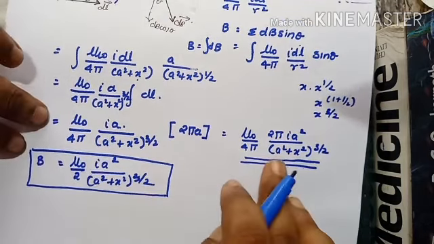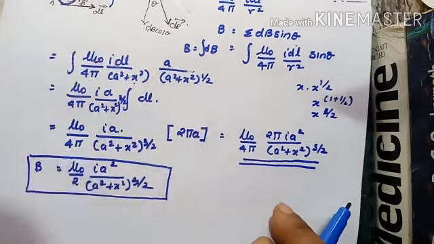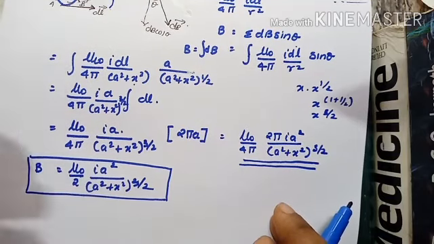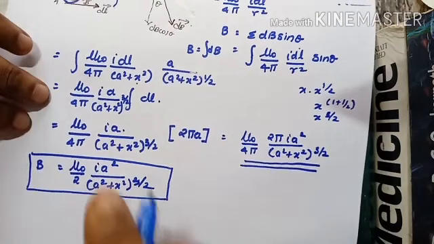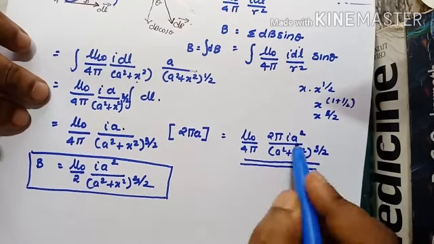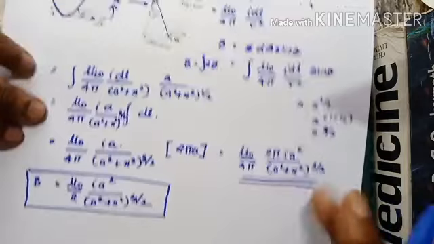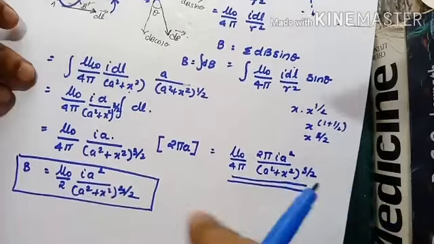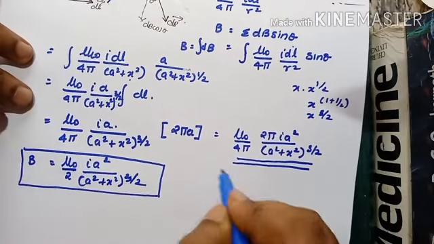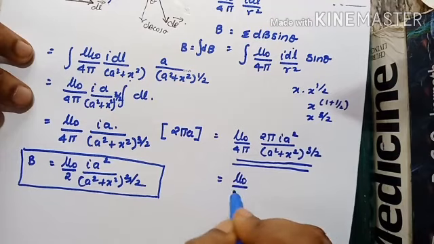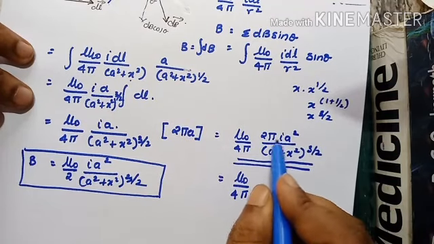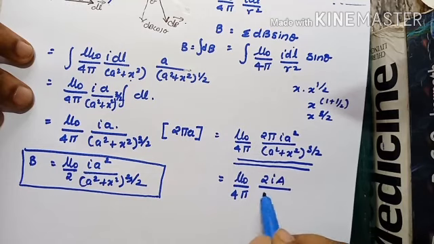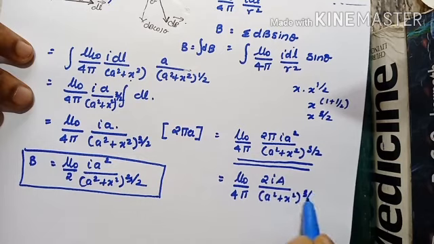Now I told you I have to modify this one. That's just to introduce a term called magnetic dipole moment, which you will later on learn, yet I wanted to introduce here itself, right? Now here, see, there is a pi a square, right? What is pi a square? Pi into square of the radius, that is the area of the circle or the circular loop, right? So I can write this equation in the form of mu 0 by 4 pi, pi into a square goes, right? So it is 2 into I into area divided by a square plus x square raised to 3 by 2,